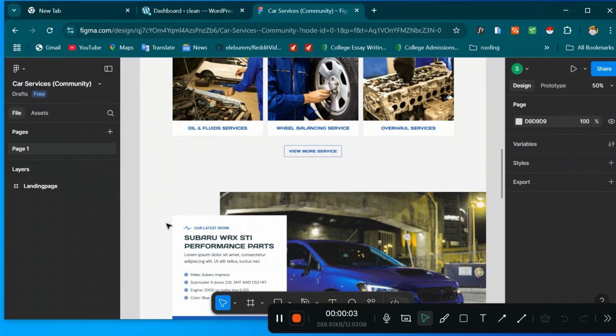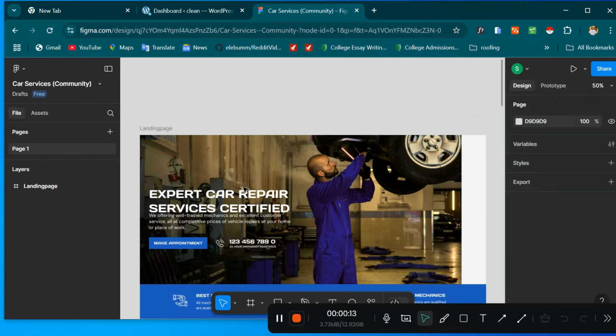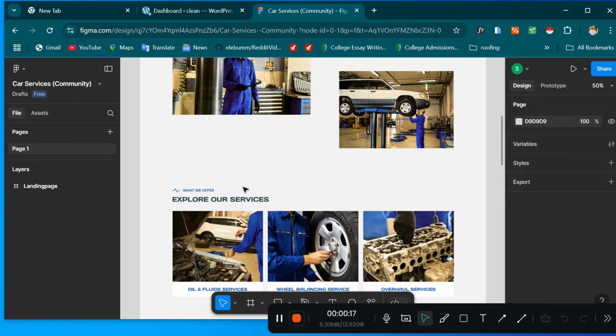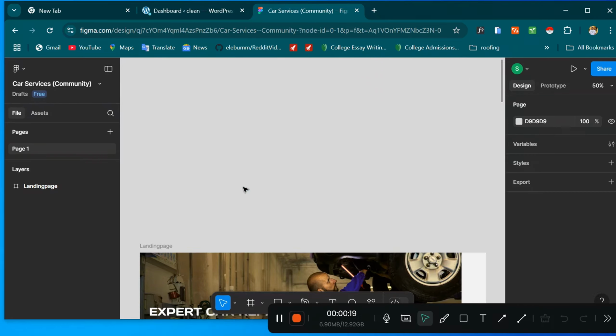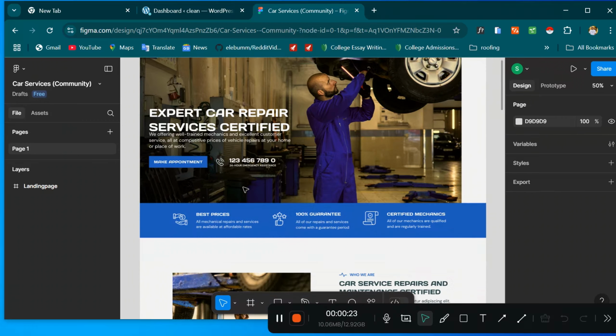Today I'm going to be creating global styles with Elementor, not Elementor Pro. So you're going to be using this design in Figma as an example so that you can understand me better. So to do this, first of all, if you look at this design, you get to notice